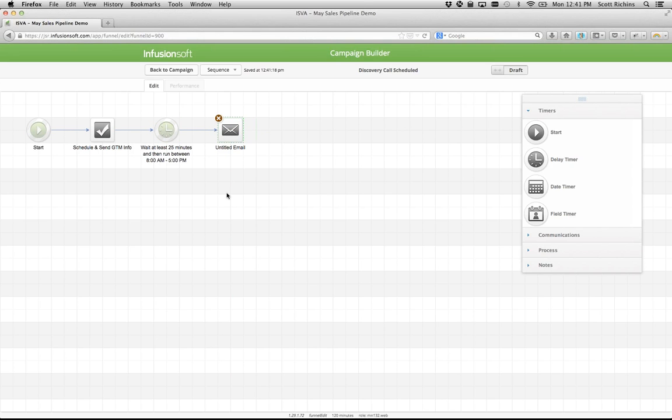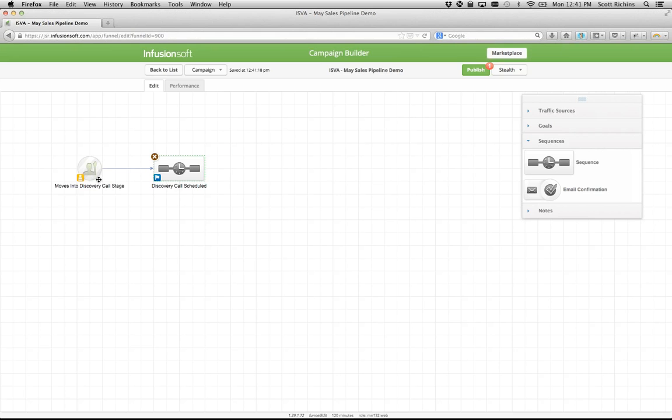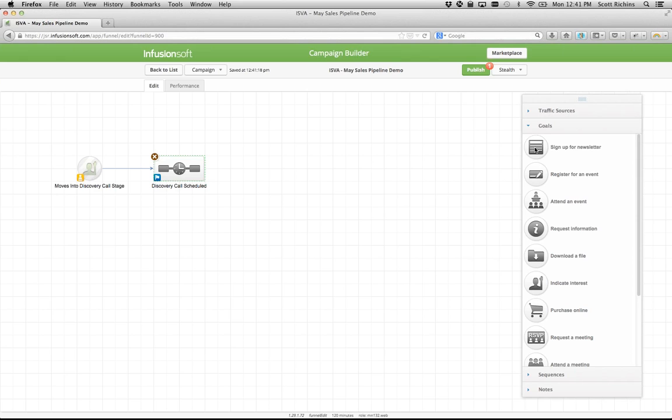So this is what we're able to begin doing. We're able to begin automating in between each of our different stages. Now, that's one very particular stage that we're walking through. What we could do is set up things for each of your different stages. So moves into the discovery call stage. What was my next one? My next one was, I believe,